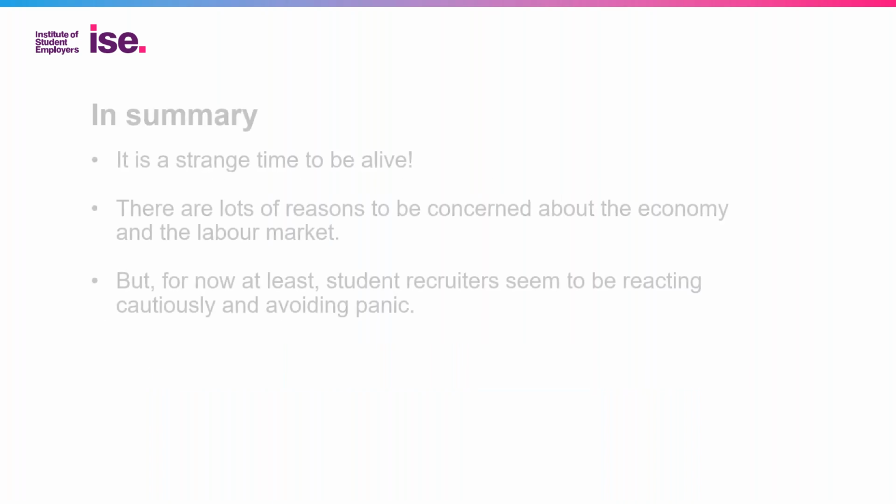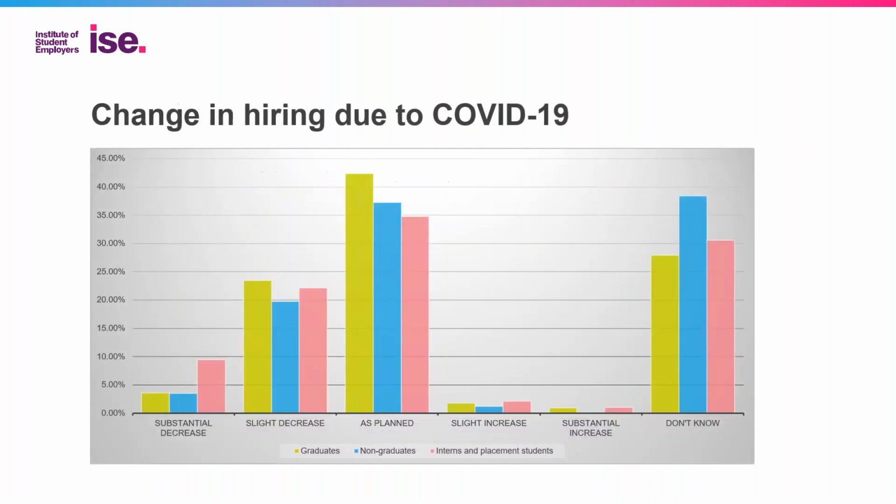Right, so first question from Fatima. Is the change in hiring graph an updated version from the original one, or the same as the first webinar? No, it's the same. So this is data that we've got from the first week really of the COVID-19 crisis, really before the lockdown happened. So this is the best data that we've got.